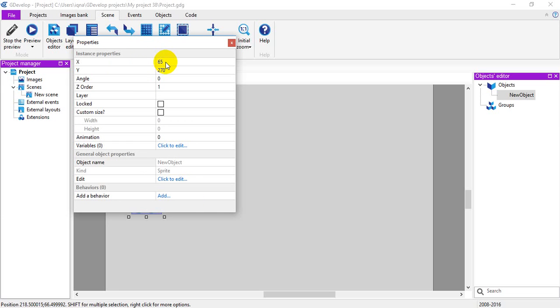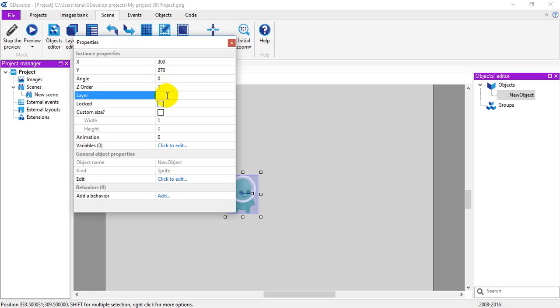We can change it to 300, for example. So the object will be placed at x equal 300, and we have the angle, and this is the order. This is the order of the object compared to the other objects, and the layer, what layer it is on.